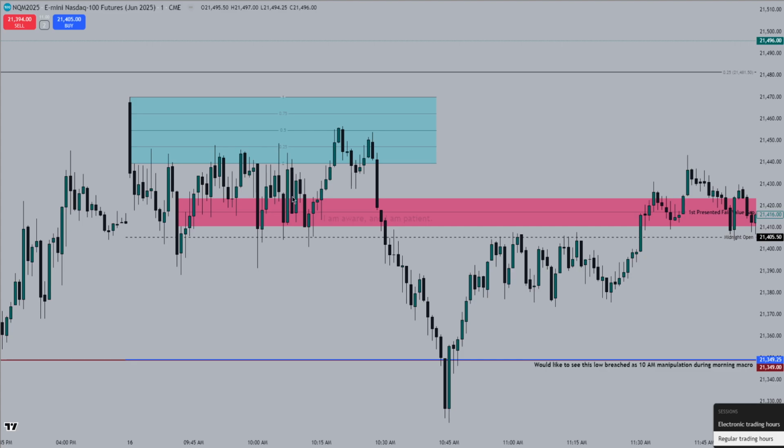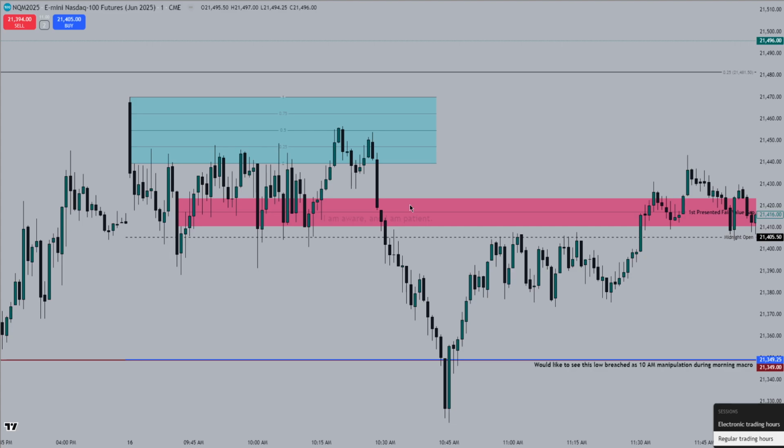I expected that the macro would be the thing that would give us the retrace and then the displacing run lower to purge the sell side formed at 21,349.25, which is just one tick above the weekly CB low. So as you can see, we run into the consequent encroachment level, run lower, back higher one more time, fail to meet the rejection block that was formed here. And then from there, we would start to pick up and displace lower, fail to back on the first presentation for value gap.